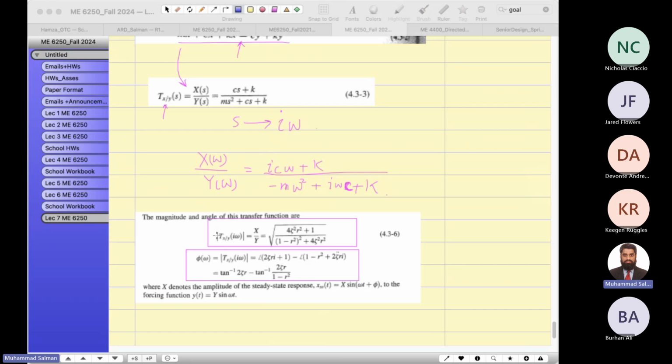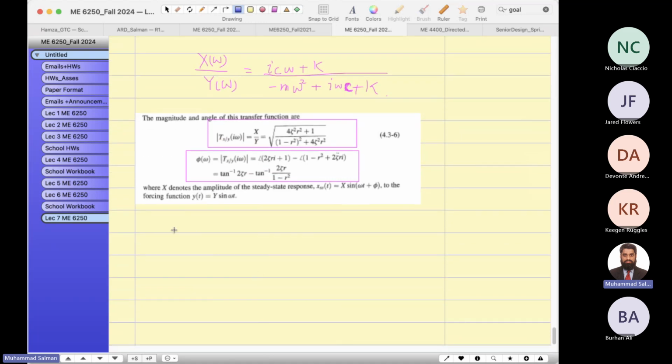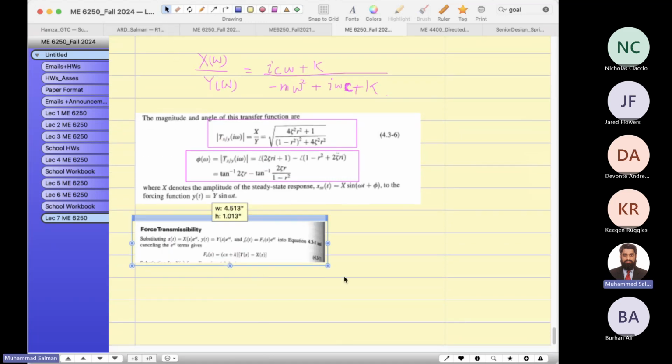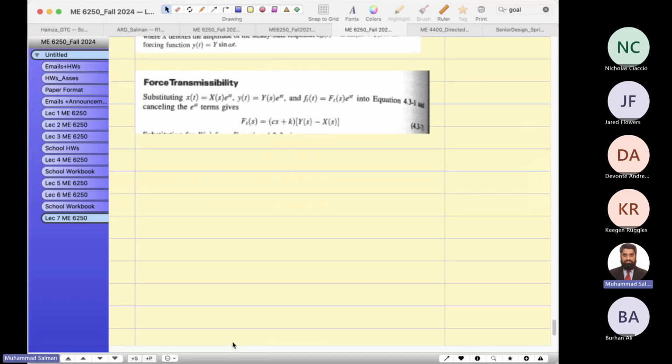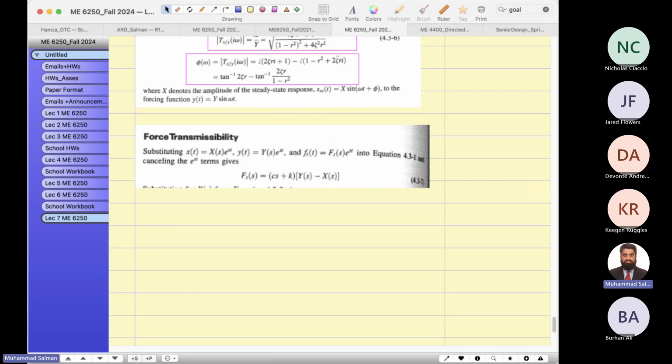I will solve some problems in a bit. I want to cover this section, but it's about to finish. So let me show you the force transmissibility forcing function here. You will see the only difference between the displacement and force is r square times x over y. So let me show you. This is the